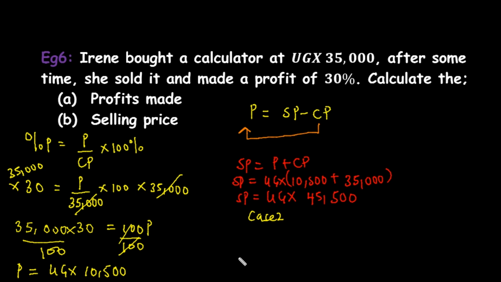It is simple. We are going to say selling price is equal to 100 plus the percentage of profits out of the total percentage times the cost price. What do we mean? The selling price includes the percentage of the profits and then the 100% out of 100 times the cost price, and the selling price is going to be equal to SP is equal to